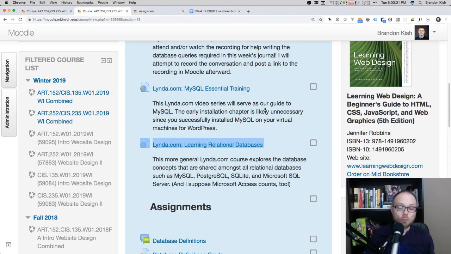The MySQL database that we've been using is a relational database. Other relational databases that you might have used in the past include something like SQLite, PostgreSQL, or Microsoft SQL Server. And if you've taken classes at mid, it's probably been with the Microsoft Access database. That too is a relational database in many ways. The goal of a relational database is to allow you to define tables that hold content and then connect those pieces of content together so that you don't duplicate data in your database. And I'm going to be talking more about that in a little bit.